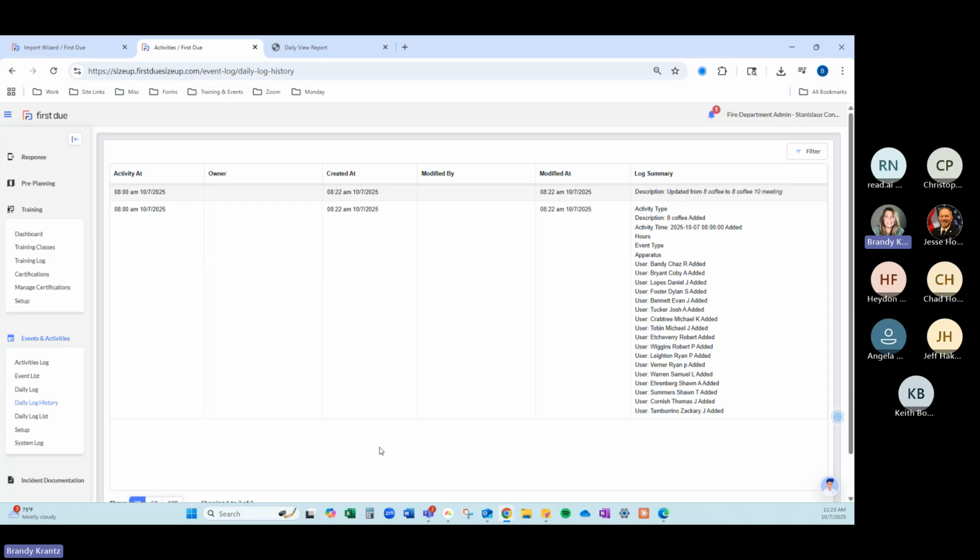Basically, who touched it and what they did. Department, I don't see my name in here. However, going forward, if you guys do anything, it will show the modified